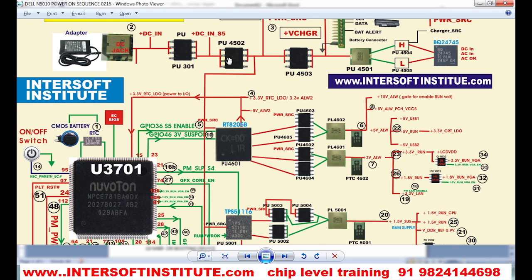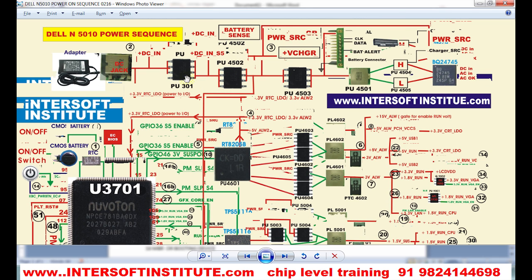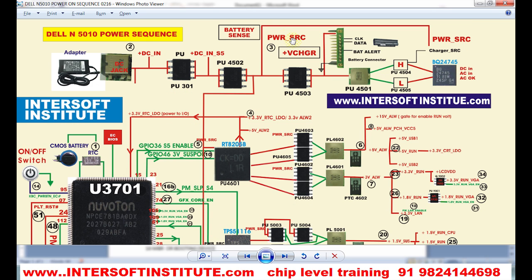So here are two MOSFETs on the board, and after the two MOSFETs and the fuse, coil and diode, the power SRC is made. In this Dell motherboard there is a power SRC. In another motherboard, Compal, there will be WIN. So depending on the motherboard, the signal names will change. We will also explain the signal details. There are different signals and different enable signals depending on the motherboard.